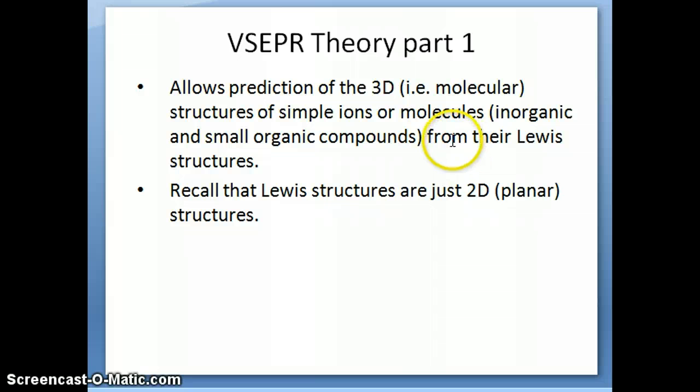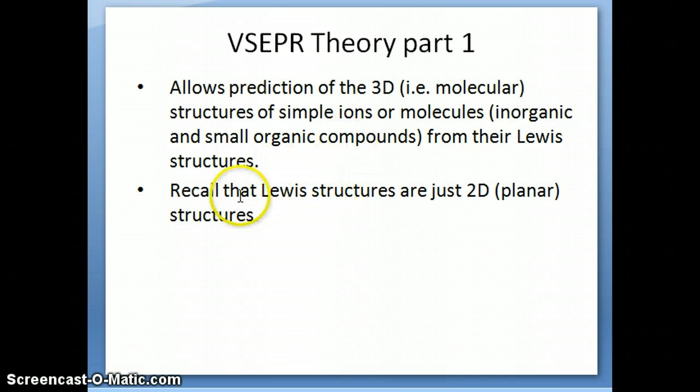As long as you can draw Lewis structures of the molecule, within reason, the VSEPR theory can be used to predict their three-dimensional structure. And like I said here, it's going to be very useful in organic chemistry because you'll be using it to some extent to predict, or at least visualize in your head, what the molecule would